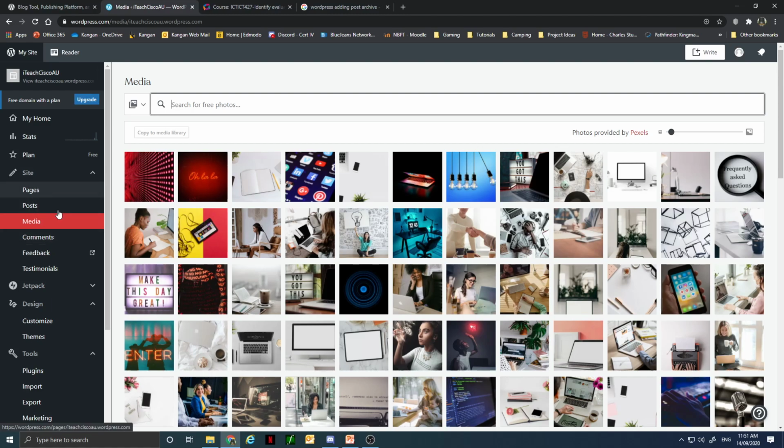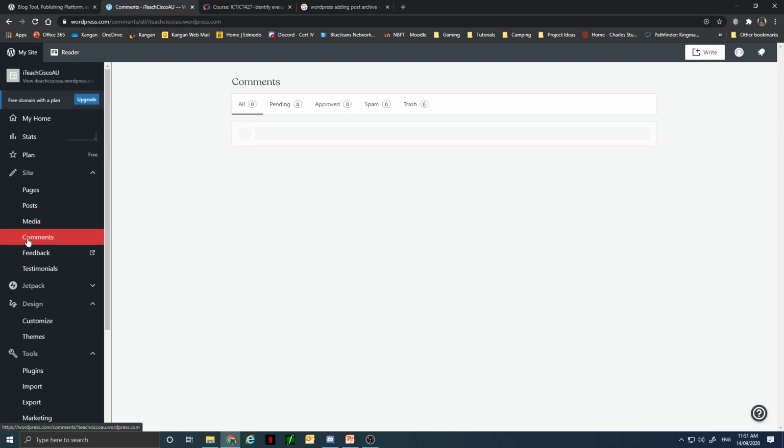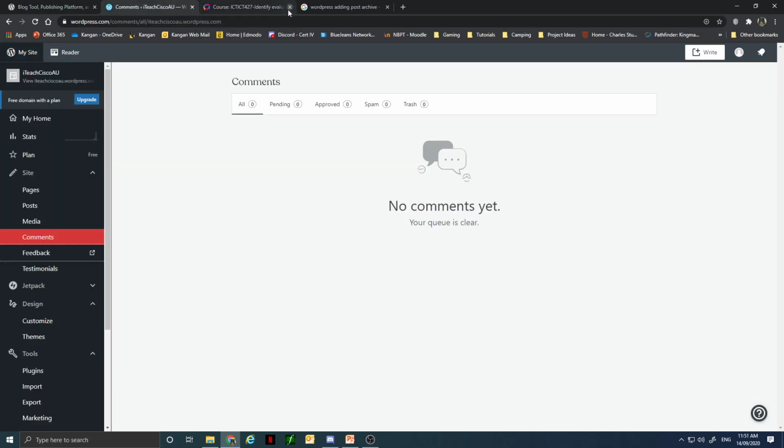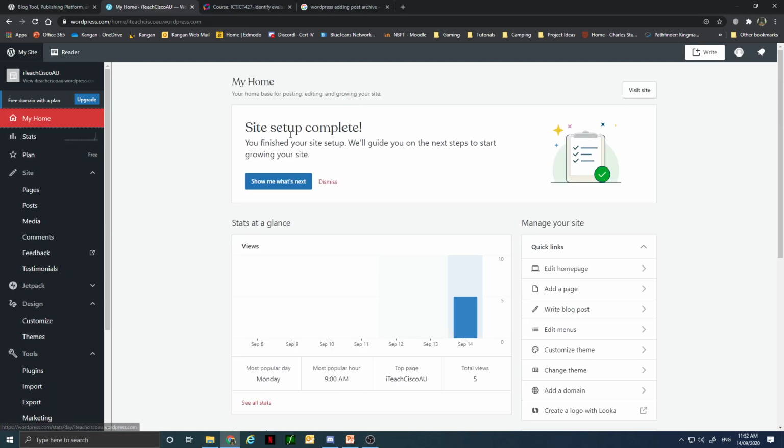So that's post media. There's your comments. Haven't got any comments, so there's nothing there. Feedback, messages, polls, things like that. So it's all fairly straightforward and allows you to do that. So